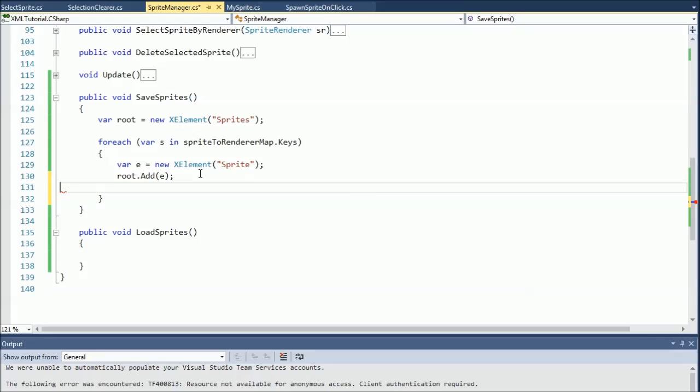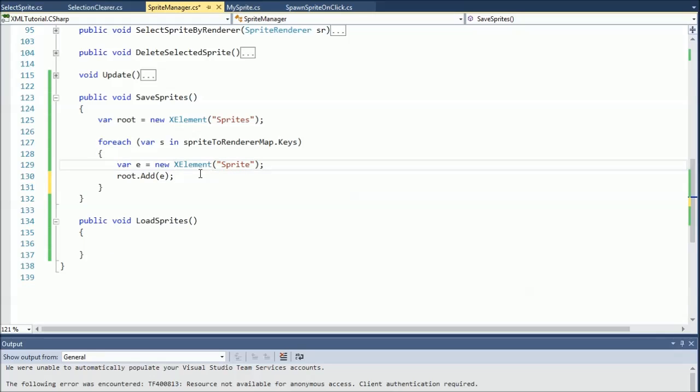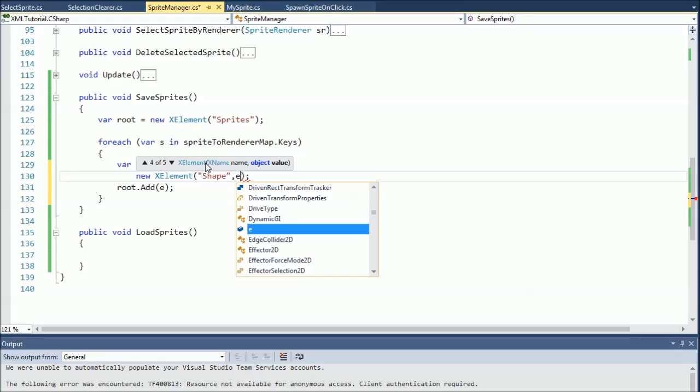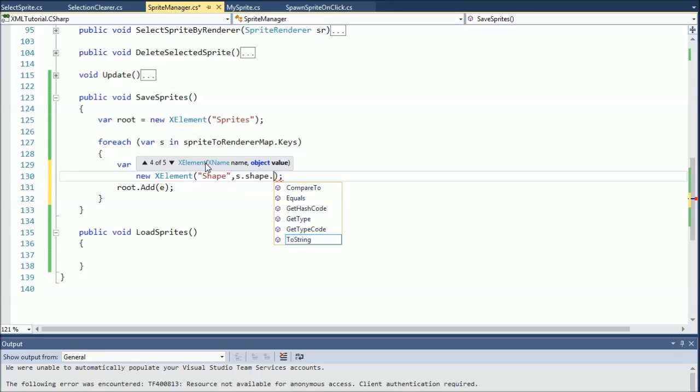We're just going to say e.add. In fact, we probably don't even have to do that. We can probably, comma, yep, just do this so we've got a name, new XElement called shape. We'll do shape first, and its value is going to be s.shape.ToString,